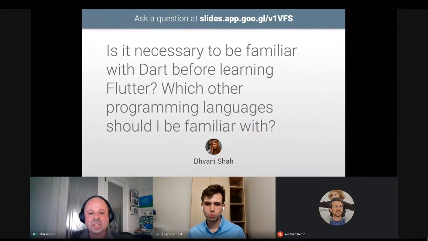So if you've done anything with C, C++, JavaScript, even Java, even possibly Kotlin and Swift and Objective-C, any of those family of languages which are C-like, you'll be up and running in no time at all. In fact, a lot of people learn Flutter and Dart at the same time. You can learn one along with the other while you go through examples. I've not heard of anyone who hasn't picked up Dart very quickly, because that's the whole intention of Dart: to be very familiar to anyone who's dealt with any other language.